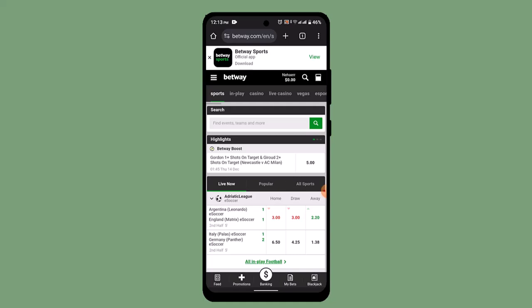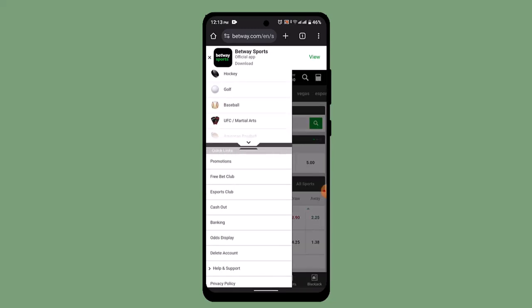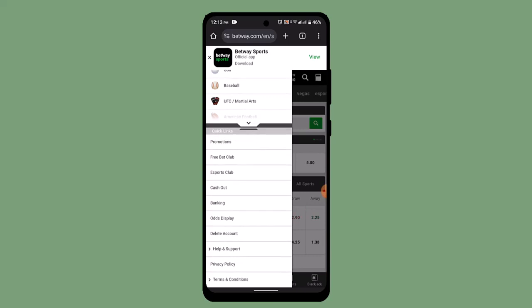Make sure that you already have an account and then tap the login button, enter your credentials and log in to your account. Once you're logged in, it's going to take you to the interface that's going to look something like this. So while you're on this page, go ahead and tap the tab bar icon from the top left hand side corner. On the left hand side bar, scroll down right to the bottom and click on delete